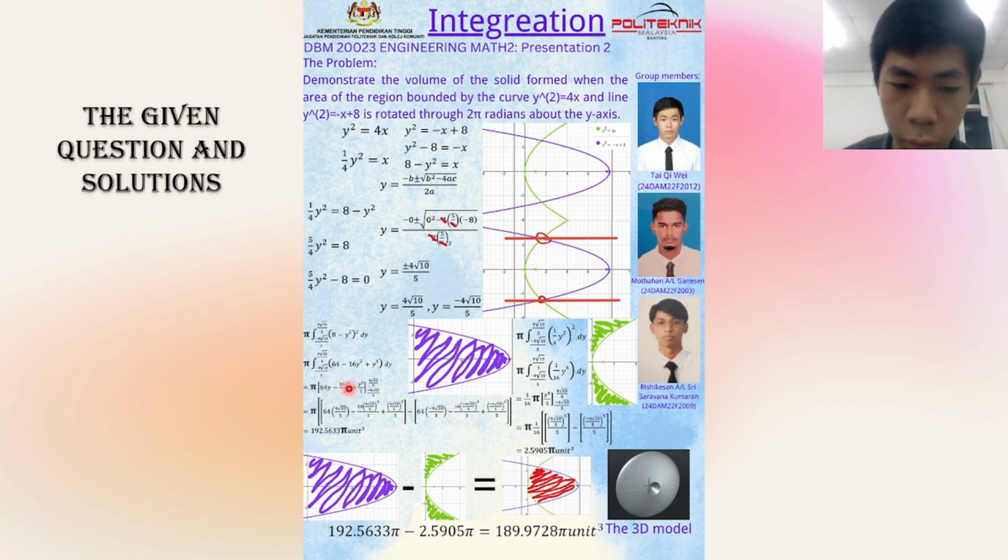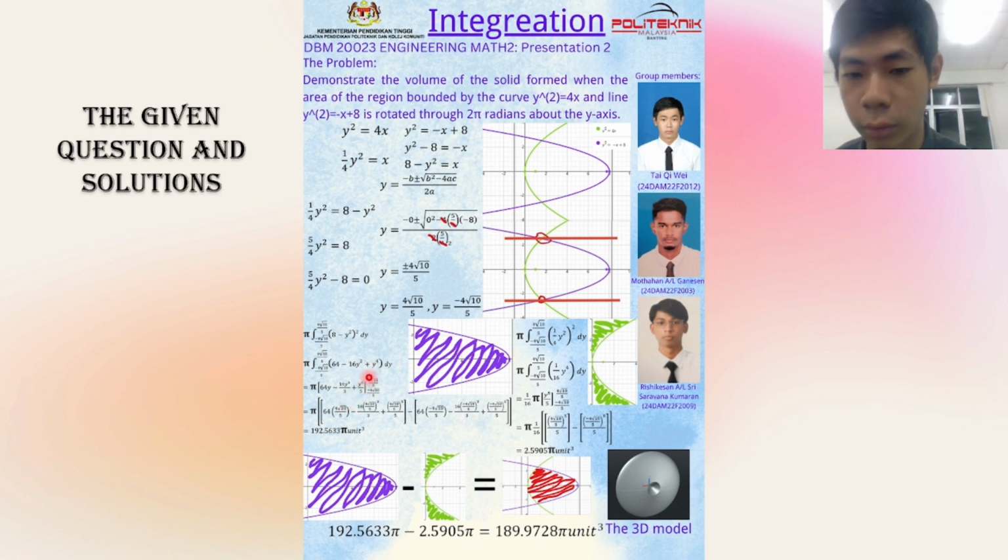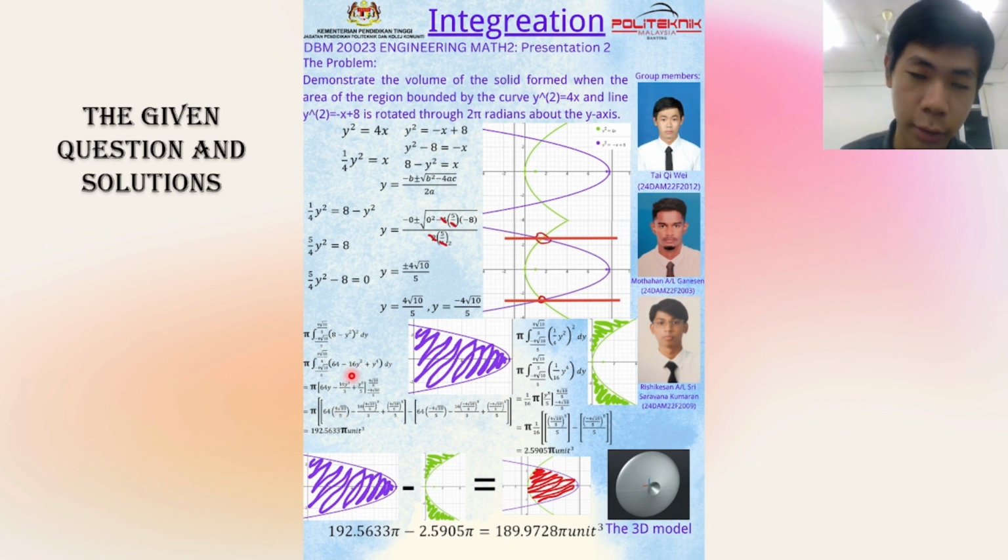But when we go to the next term, y power of 3, before integration the power is 2. After we add 1 it is 3, so we divide by 3. The same goes for y power 4. After we add 1 onto the power, we get y power 5 and divide by 5. The next step is that we substitute the limits for the integration. After we substitute the upper limit, we need to subtract the lower limit as shown here. After that, we get the volume for the purple curve,